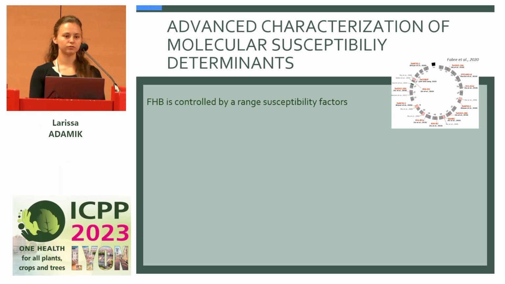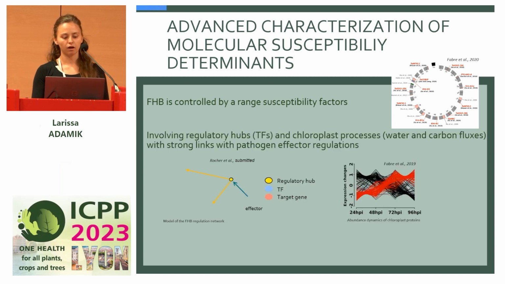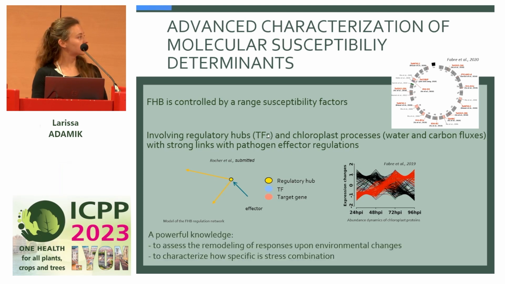Two of the most important susceptibility components, according to our team, are first regulatory hubs that are transcription factors. The regulatory hubs are regulating target genes, but also other transcription factors that in turn can regulate target genes. And the second